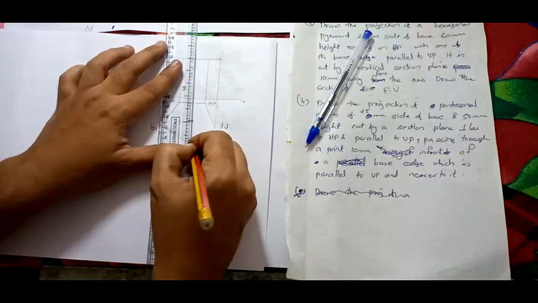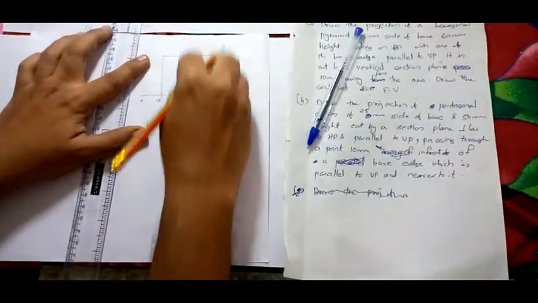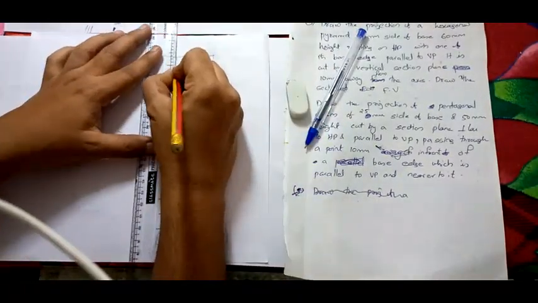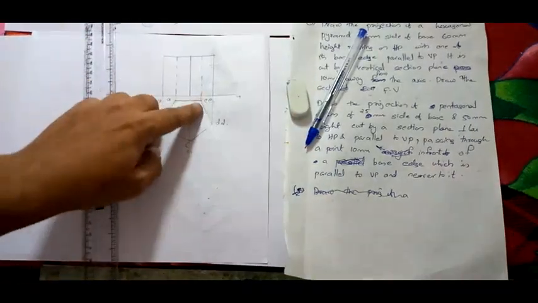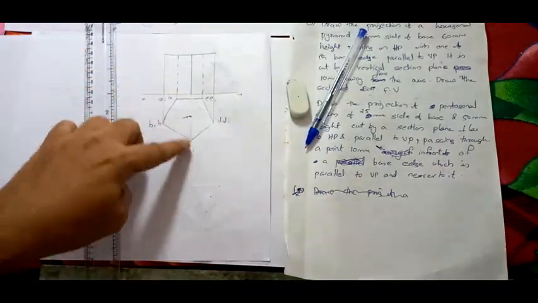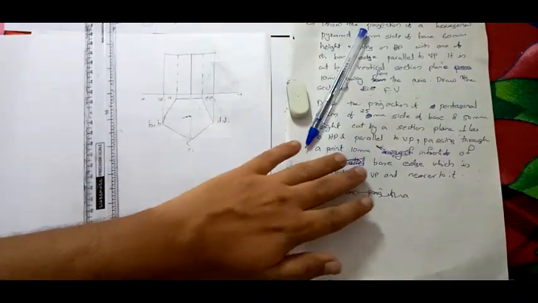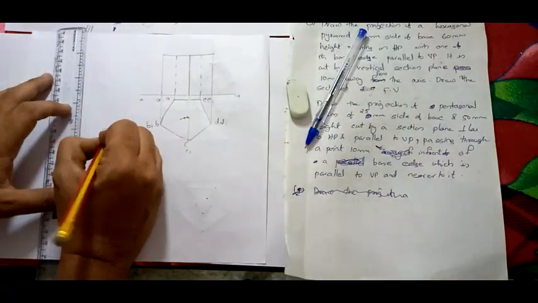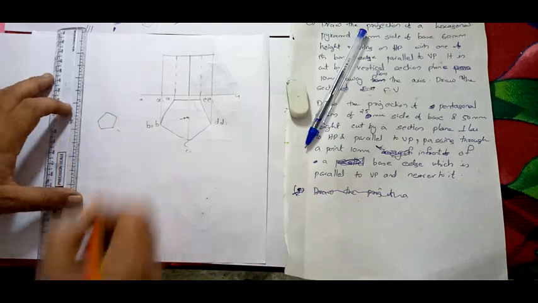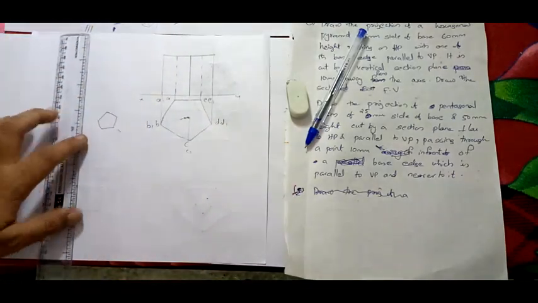So C is here. Now one more thing, while drawing this one, this will be dotted, right? This will be back. These two are dotted back, this will be visible. Now if they have told base edge is away from XY means, the figure will be like this. See, this base edge is away from XY line. Nearer to it means this base edge should be nearer. So that's the difference, right?